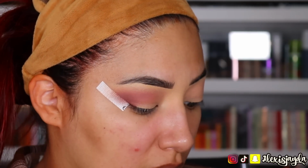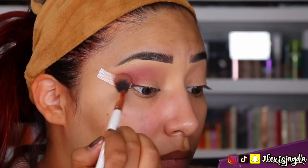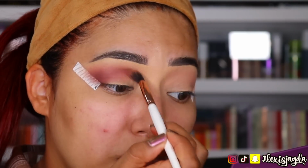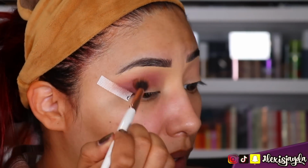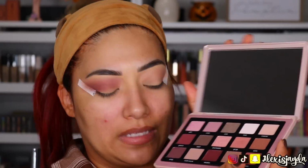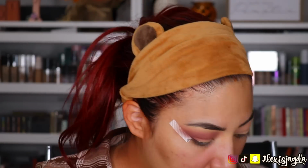You don't have to be as dramatic as me, but I do love a really, really good, pretty plum shade. I did dip back into the palette. Pretty. That is very, very pretty. Oh, the mirror is huge AF too. Look at that. Darn. For this one, I think it is